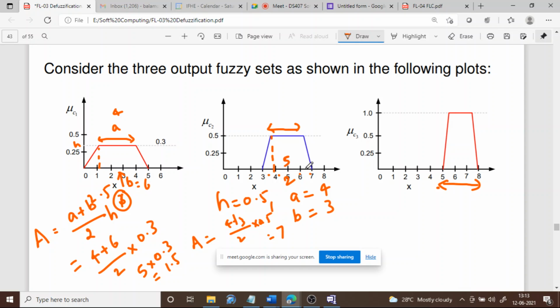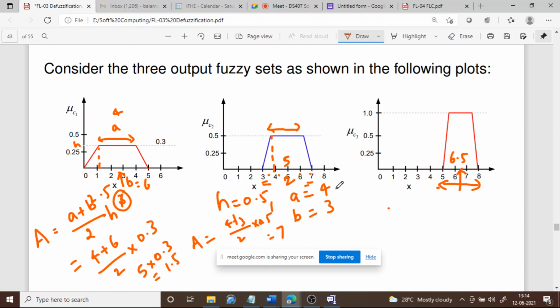Okay, it is in between these two, right? Or you can just add these two things: 7 plus 3, 10. 10 by 2 is 5. You can calculate like this. So what is the midpoint of this? 8 plus 5 by 2. 8 plus 5 is 13. 13 by 2, 6.5. Yes, this is the midpoint, right? Like this you calculate midpoint for everything.